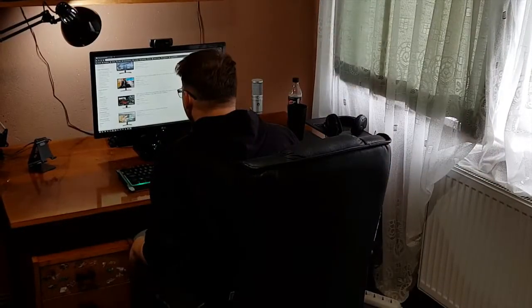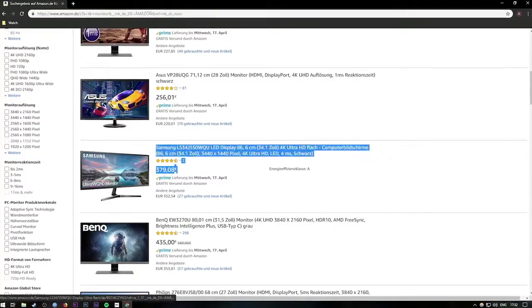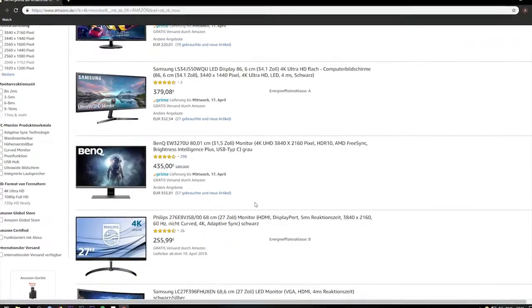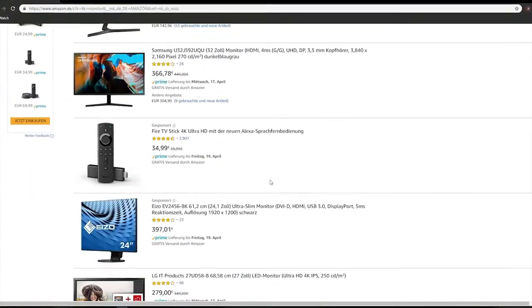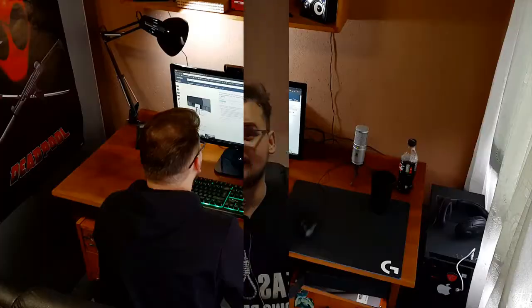So there I was, staring at my lonesome monitor, browsing Amazon for a second monitor, and looking at the prices. I was scared of buying something too cheap and not getting the quality I was looking for, or spending too much and overshooting my needs. After about 10 minutes of browsing and getting shocked by the prices,